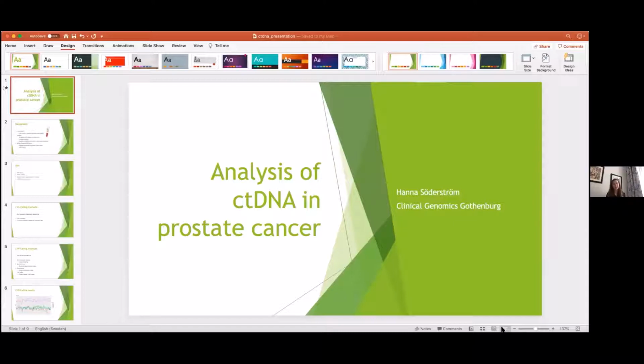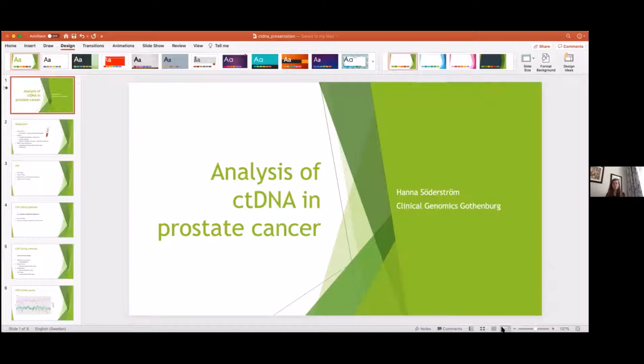So liquid biopsy is a non-invasive method to monitor cancer as opposed to tissue biopsy, but it requires sequencing techniques that can detect the very small fraction of circulating tumor DNA or cell-free tumor DNA that can be found in blood plasma. Cell-free DNA can be found in blood when cells die. Cell-free DNA is released into the bloodstream, and when tumor cells die, cell-free tumor DNA is released from cancer cells